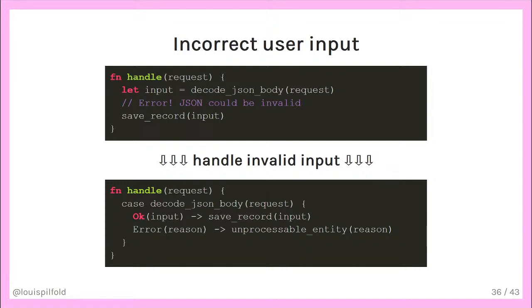We can't always rely on getting the correct input from the outside world. Once this problem has been highlighted to us by the static analysis tooling, the most practical thing to do is to check whether the JSON is valid or not. If it isn't, we can then return the error to the user, informing them that they have made a mistake, that there's something wrong with their JSON encoding. If we can pass the error back up the chain to the user, that's often the best thing to do. Erlang's fault tolerance isn't the right tool here either.